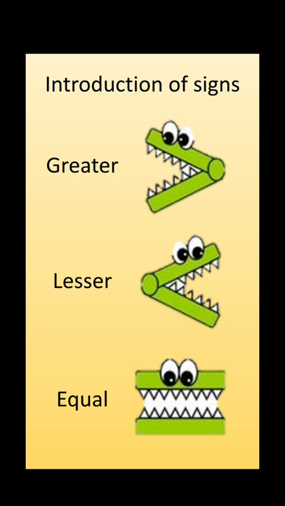Whenever we have anything equal, if I have 5 bananas in my one hand, 5 bananas in my other hand, they both are equal in quantity, so we can use this sign over here. If I have number 2 in my one side and number 2 in my other side, they both are the equal number, they both have their equal quantity, so we can use the equal sign. Now let me tell you how can we use the greater and lesser sign, and how can we remember it.